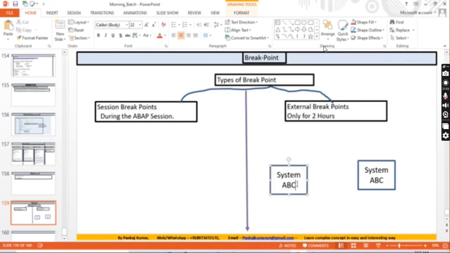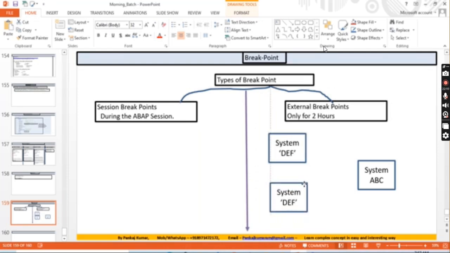If you have another system, ABC and DEF, 2 systems, and from some browser or some Java application or .NET application, you are calling your current system through RFC, from any external system.